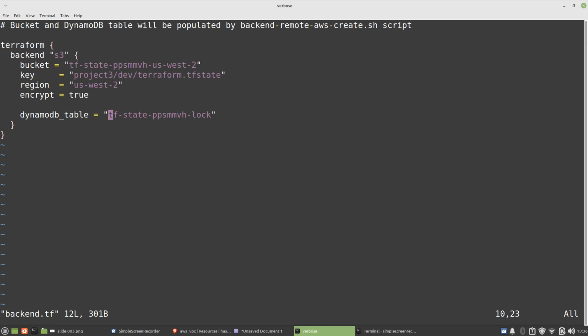And there you go. Look at this. Bucket is now populated with that bucket that we made. DynamoDB table is now also populated. Fantastic. So let's quit this,